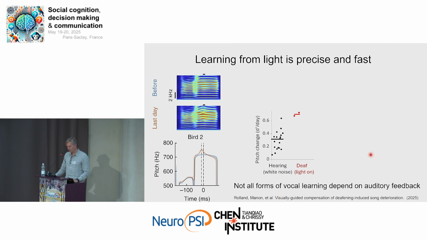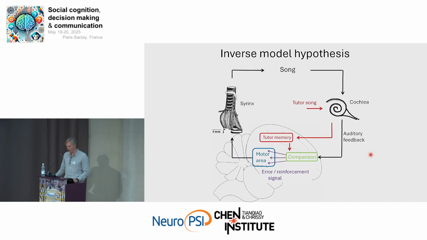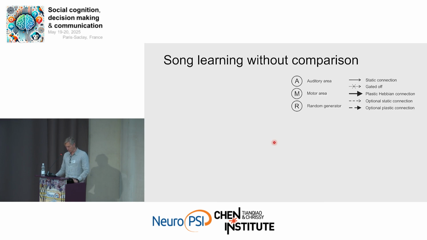So, okay, we found that auditory feedback is not absolutely necessary. Vocal learning has more general underpinnings. But now, what about another test? Let's go back to this model over here and test this idea. Does there need to be a comparison, or could there be something else? So with a theorist from Stanford, Surya Ganguly, we had the idea that maybe there could be a gate so that either the auditory feedback is on or the memory, but not both at the same time. So this is how this would work.